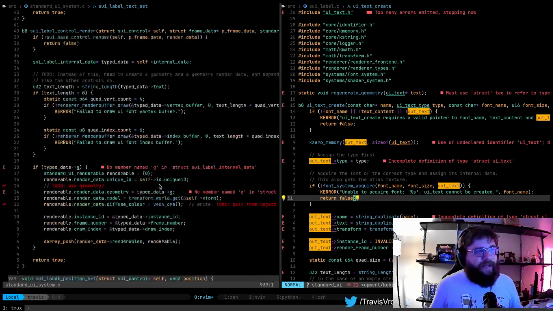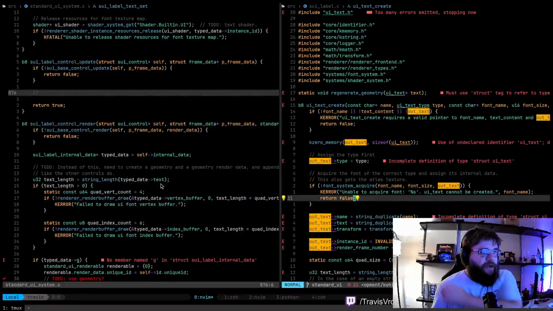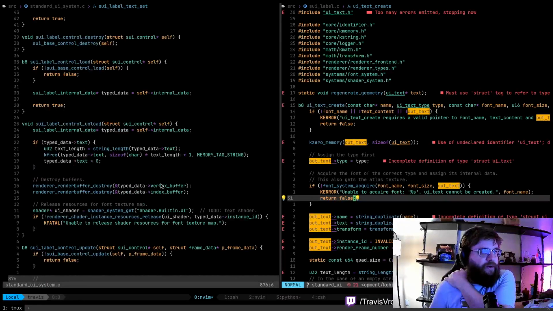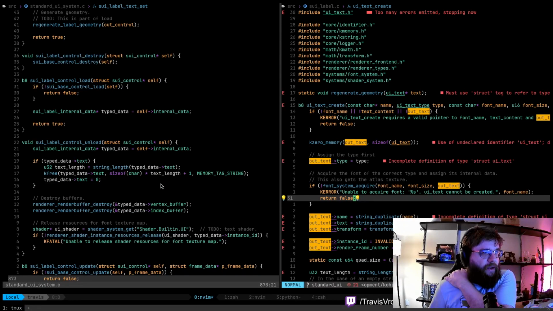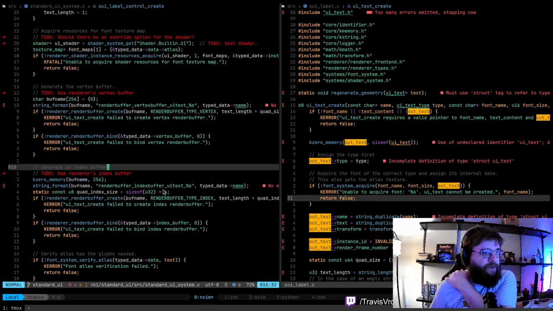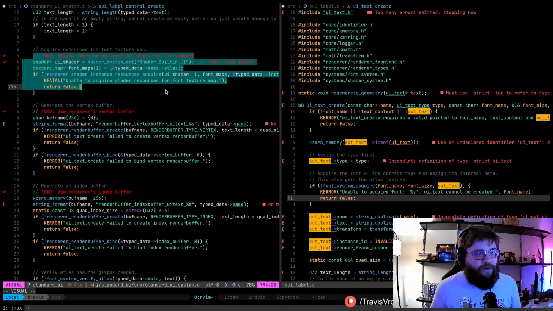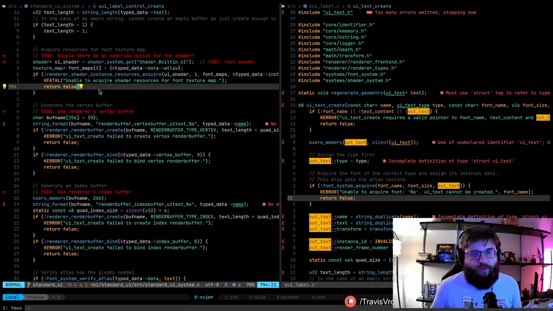With that said, in order to accomplish that, there is some refactoring that is going to need to be done. One of the first things that we took note of, and we left some to-dos in here, is we're using this hard-coded built-in UI shader, which maybe is not the best thing for us to be using.